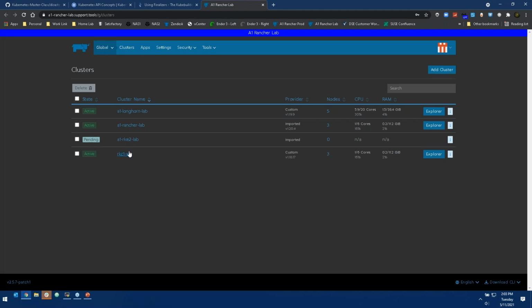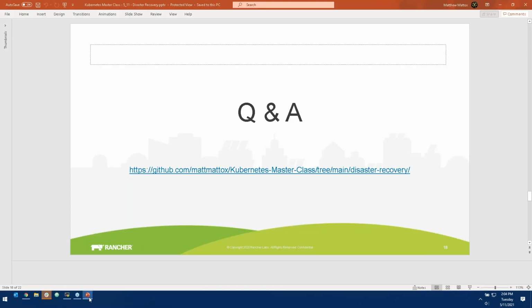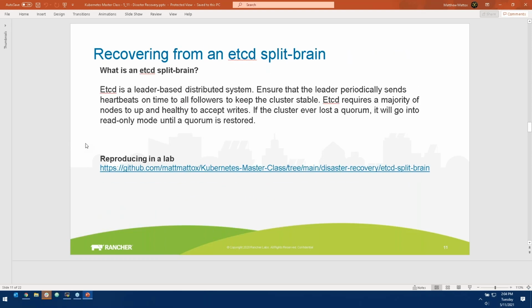So to rebuild this cluster, mind you, the VMs and everything are still going to be there unless it's a Rancher managed cluster where Rancher manages the nodes as well. The nodes will actually get cleaned up, and Rancher is going to do exactly what you told it to do and clean everything up. In that case, your only option is to grab the etcd backup, build a new cluster, and then you're going to have to use, I've got it here in our,